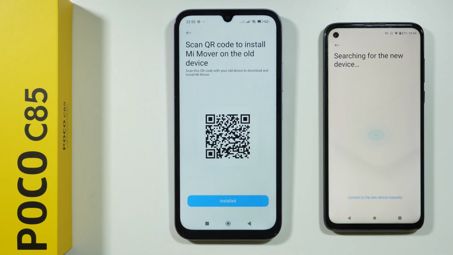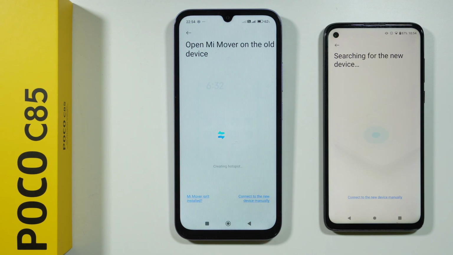There we go. Now our phone generates this QR code in order to get the app on our older smartphone, but of course we went ahead and we already installed it, so we're just gonna tap on installed. Now over here the phone creates a hotspot, and we should be able to find our POCO C85